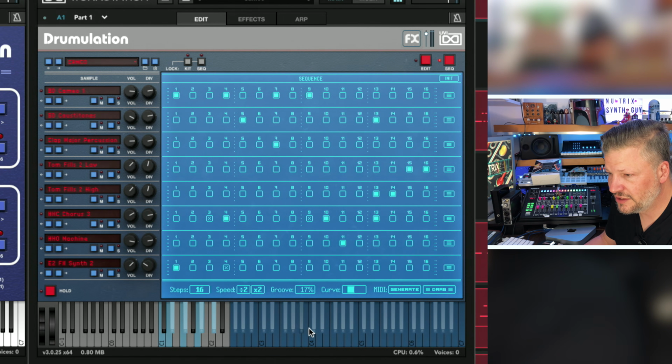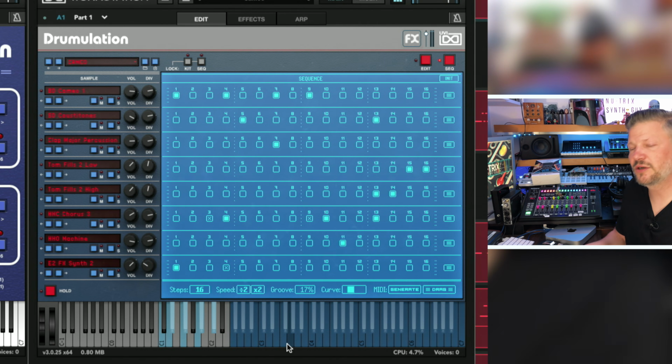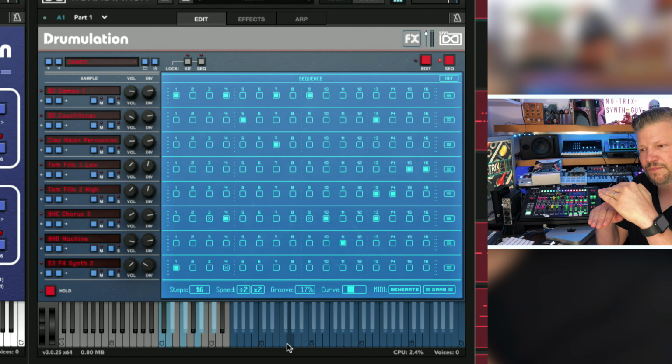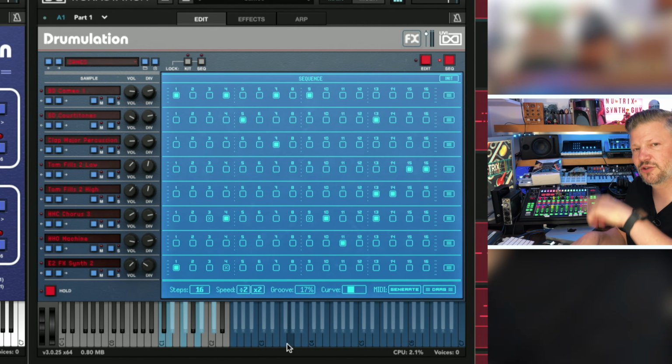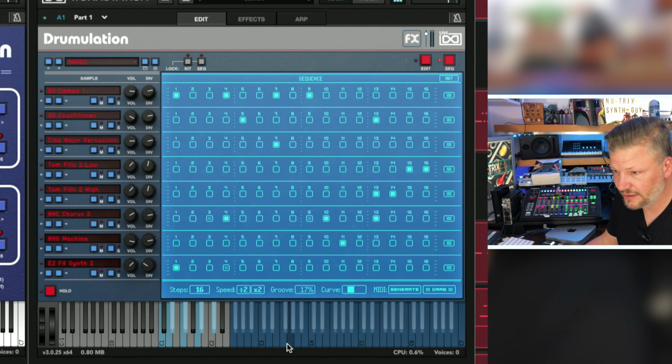And all the notes here, they all play the same sequence everywhere. So it means that when you're going to play the keys, if you do layers, when you play, let's say, a lead, you're going to trigger the drums without changing the pitch. You're just going to trigger the drums. You're going to have the loop playing. So if you play here, that sounds like almost like a